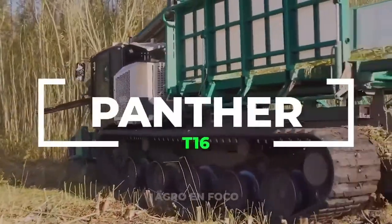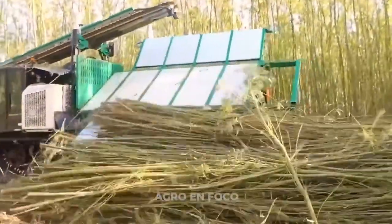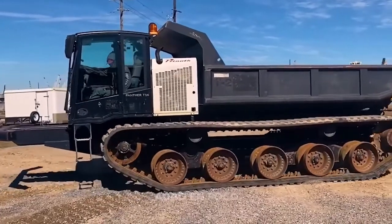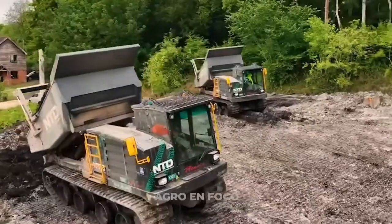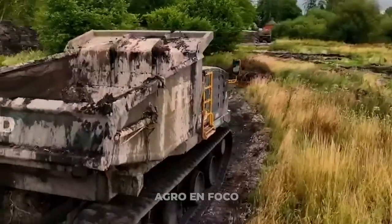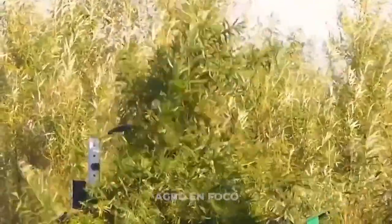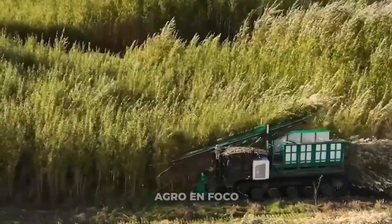Panther T16. The world of working on challenging terrains has always presented significant obstacles. Whether building a road in a remote area or transporting equipment to isolated locations, the need for reliable and efficient vehicles is constant. The Panther T16, manufactured by the renowned Prinoth, stands as a direct response to these demands. Equipped with advanced technologies and designed to tackle the most extreme obstacles, this transporter is a true do-it-all for complex